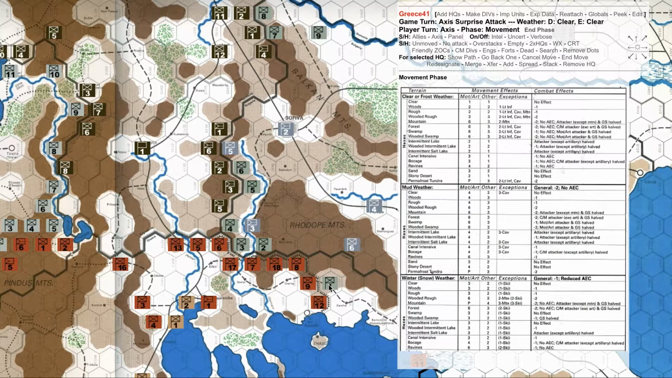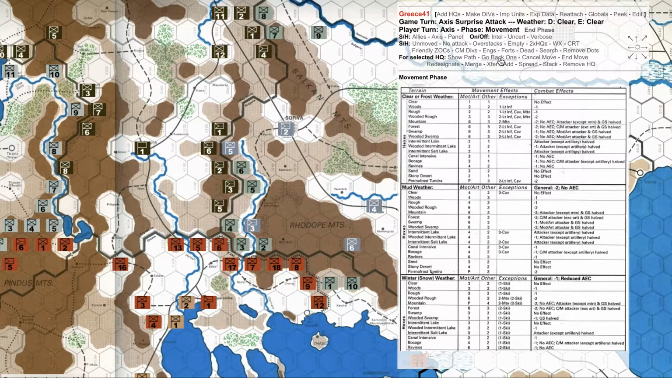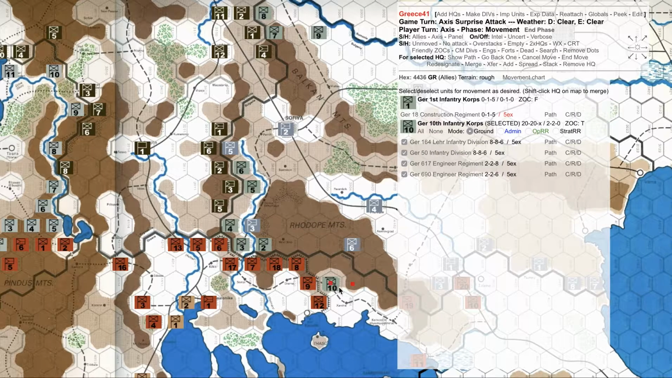Let's see. We could say go back one, and all of these guys, let's see if this will work, right? Oh, one of them didn't go back because he wasn't selected because he had no movement points. We'll go here and move them in here. Now we have two headquarters in that hex, and we can keep moving one of the headquarters, or if we